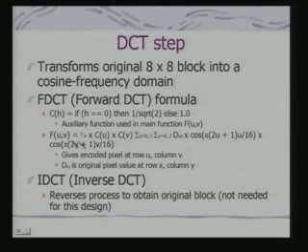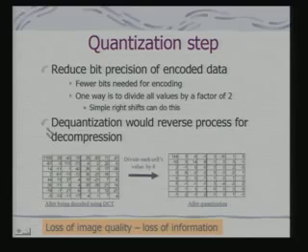Obviously, this computation you can see will take place in real domain. That means it would really involve floating point calculations if we do not take any special measure. Next step is quantization, because quantization reduces bit precision of encoded data. So, if values are small, I can use a threshold and make them 0. If they are 0, then obviously I need not code them or store information about them. So, one way is to divide all values by a factor of 2, okay. Simple right shifts can do this.